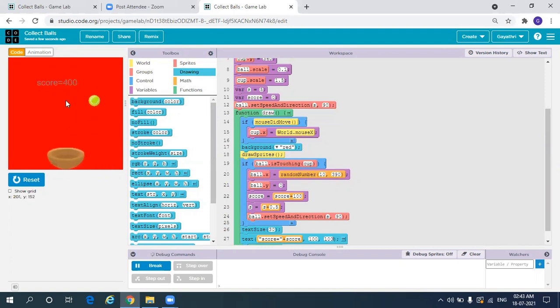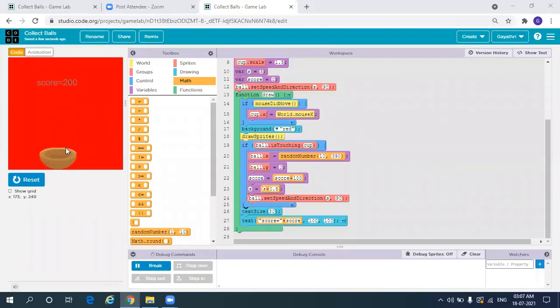So now we need to write a game over for when there is a miss, right? For that, we'll create some more conditions. How will we know that the ball has not touched the cup? The ball will move down, right? See, the cup is somewhere here. It is around 350, right? So if the ball comes down below 350, then it means that it hasn't touched the cup. So that is the case where we should end our game, right?